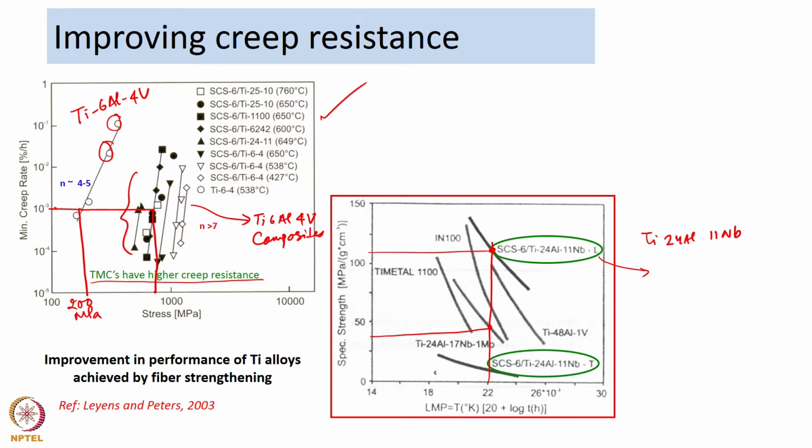So, you have Larsen-Miller parameter versus strength. So, Larsen-Miller parameter will tell you the time or temperature for a given value of 22, let us say the temperature is constant. So, to achieve a certain rupture life you need to apply higher stresses for the composite against the material without the fiber strengtheners. So, that is the impact of adding fibers or dispersoids into a material, and they also improve creep resistance.